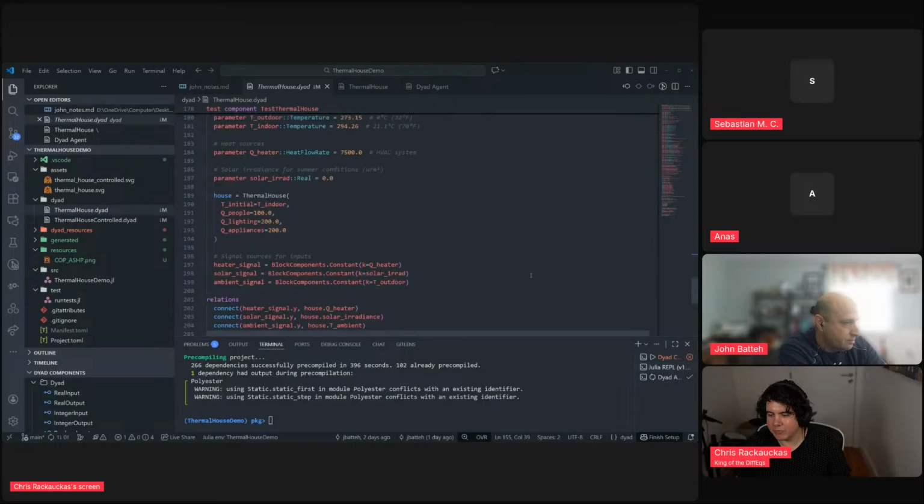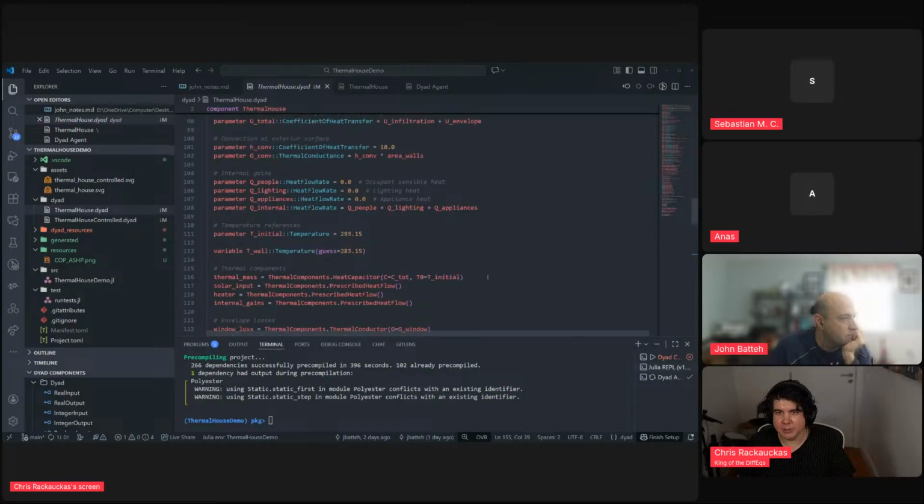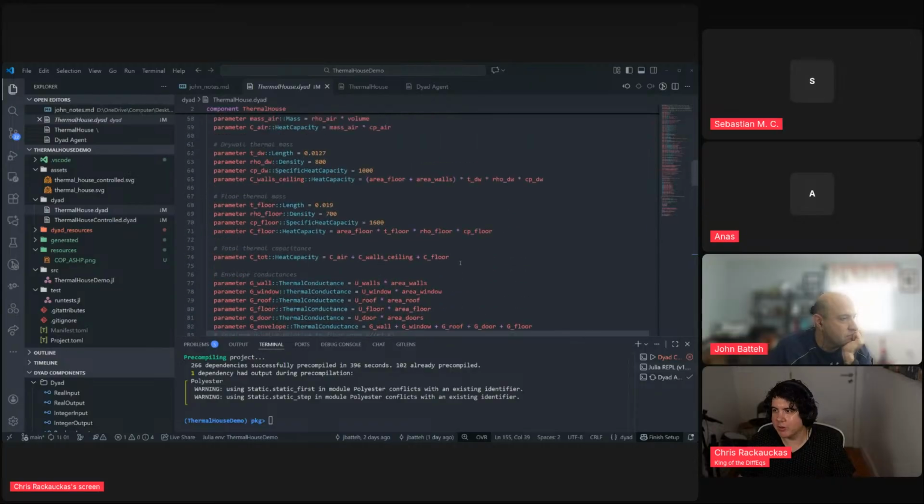Cool. I think I got a good feel of the model, and again, as with the last time we did this live stream, we want this to be interactive with the audience. So if anyone has any questions about why something is in the model, or if you think there are certain things you want to see changed as we're going through, please put them into chat. We are willing to just go based off of what's in chat